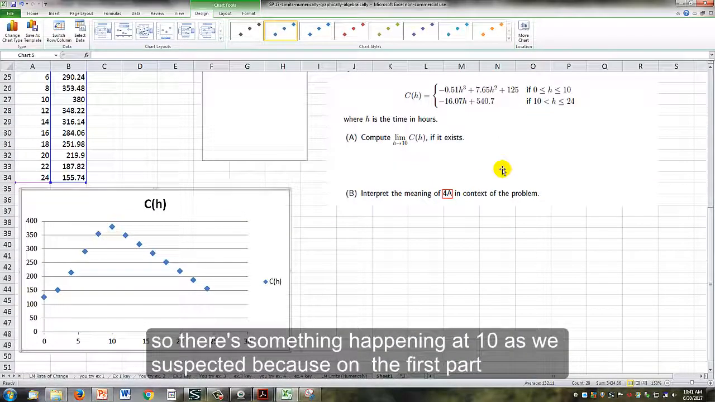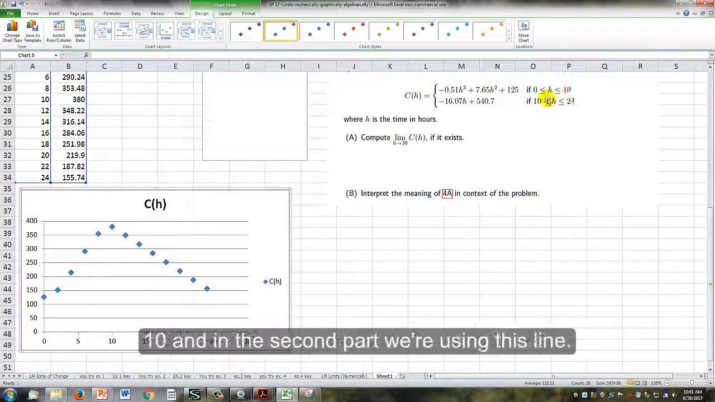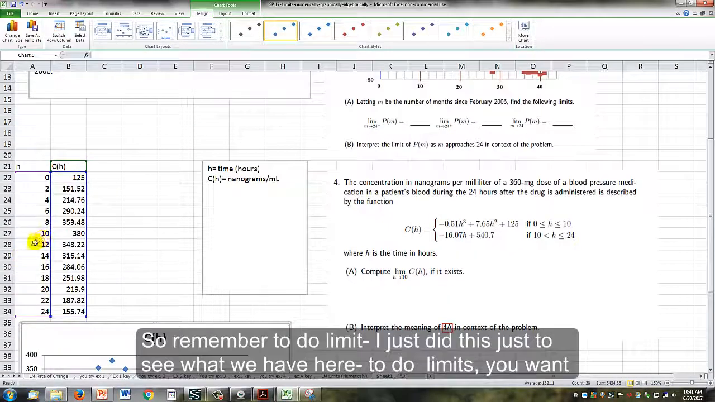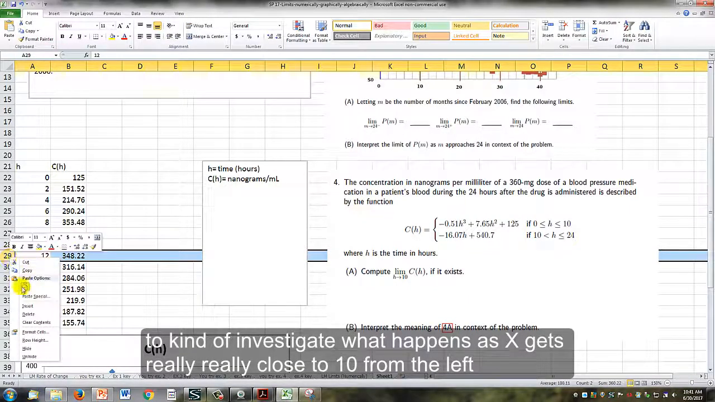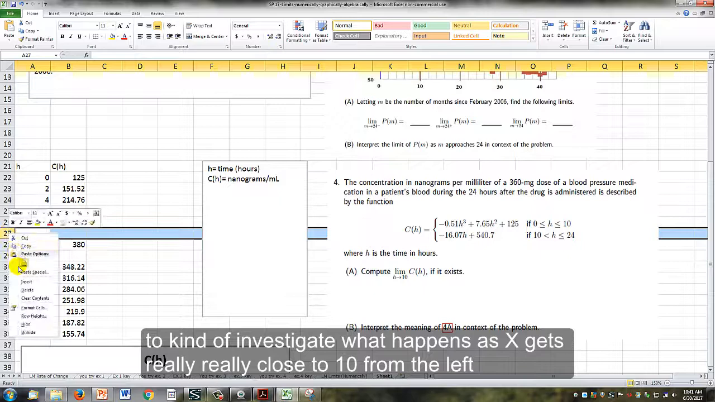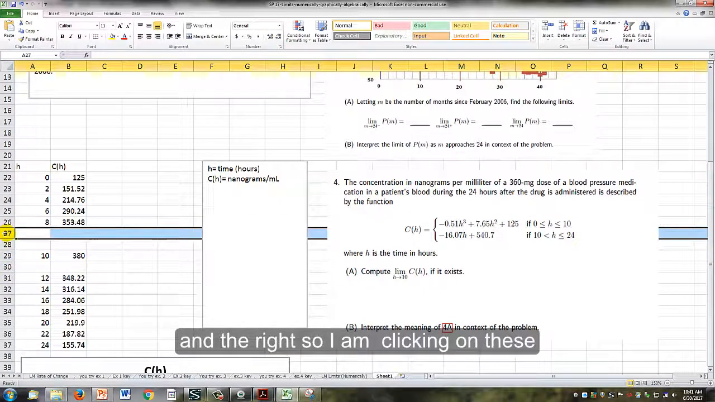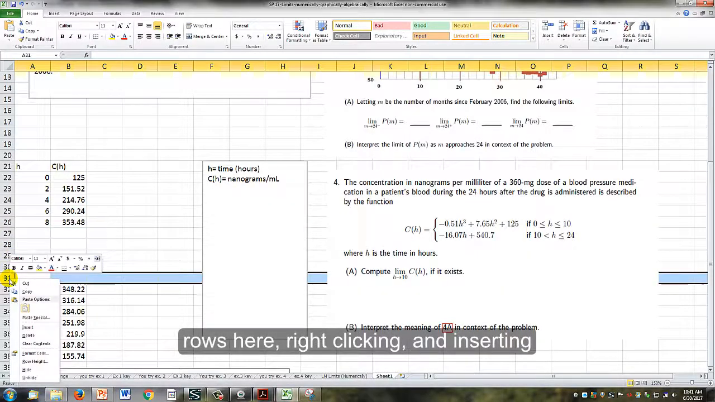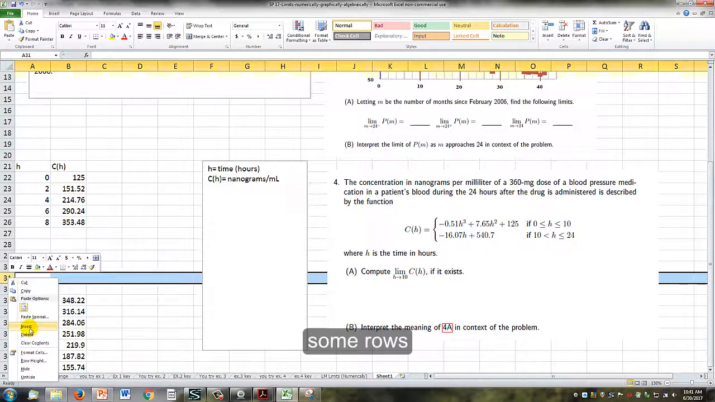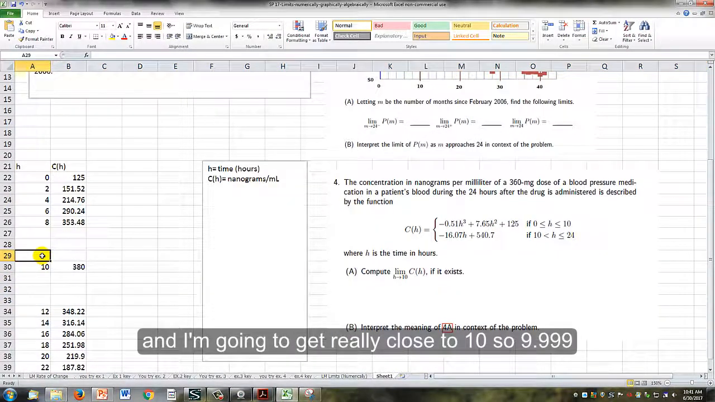So there is something happening at 10 as we suspected, because the first part we're using this cubic function at 10, and then the second part we're using this line. So remember to do the limit, I just did this just to see what we have here. To do limits, you want to kind of investigate what happens as x gets really, really close to 10 from the left and the right. So I am clicking on these rows here, right-clicking and inserting some rows. And I'm going to get really close to 10. So 9.999, 9.99,